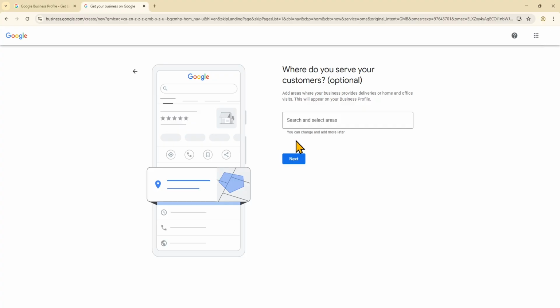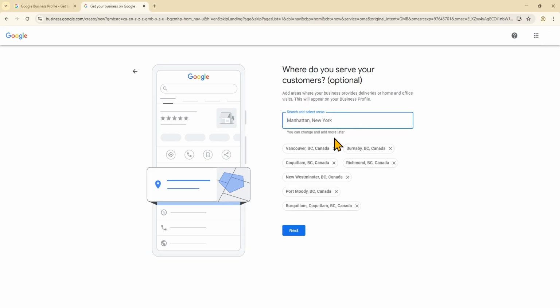So typically you'll want to keep all your service areas within a 2 hour drive of each other as a rule of thumb. You can always add more later. We'll click Next.